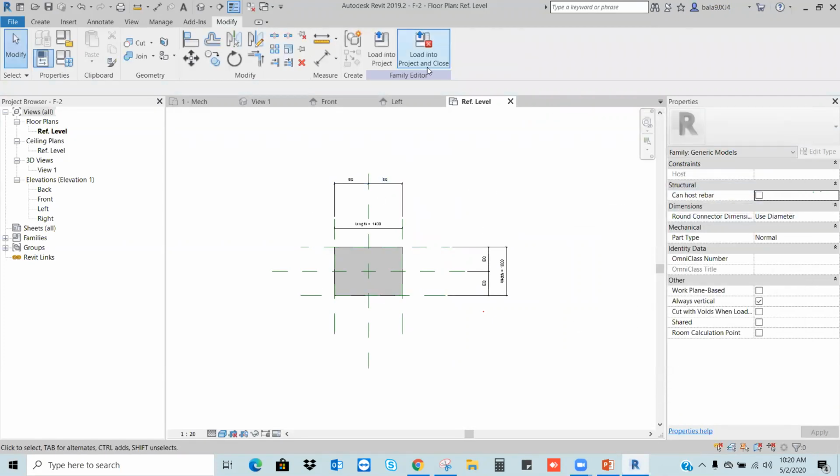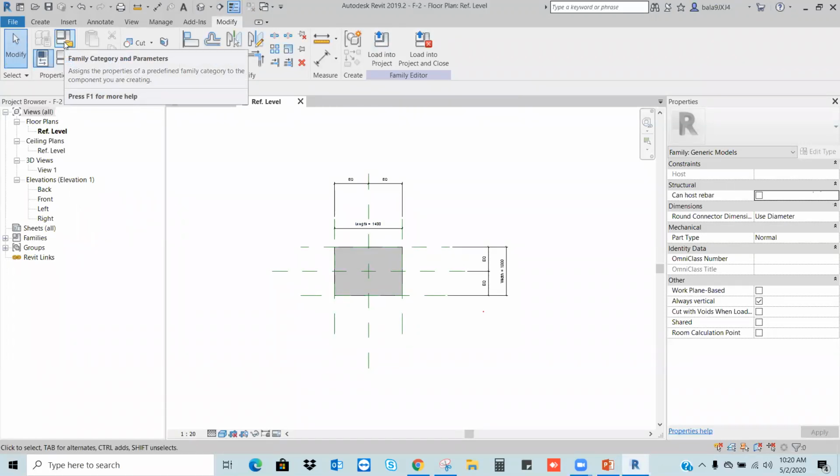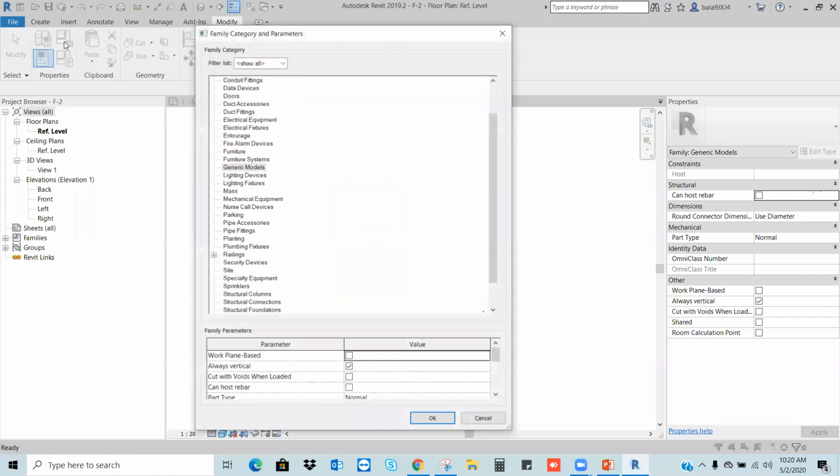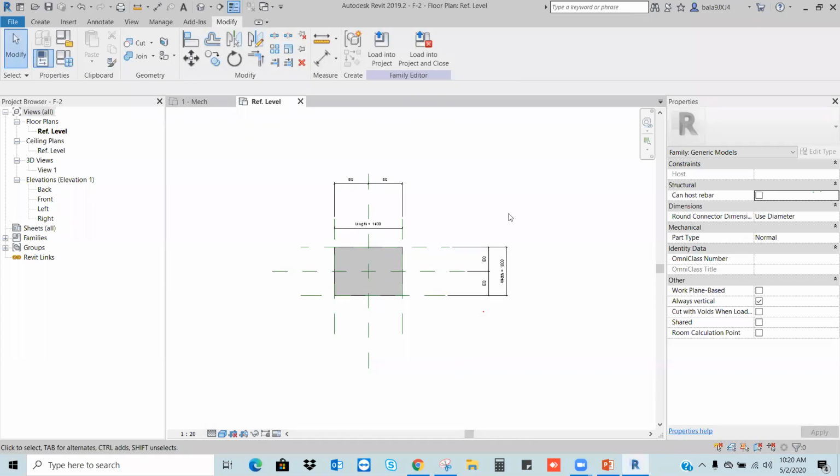So this family I will load into my project. Here I should assign the category for this family. To assign the category, I will go to the properties and choose the family category and parameters. Let's say I'm going to use a generic model. Category is nothing but a layer, like in AutoCAD.